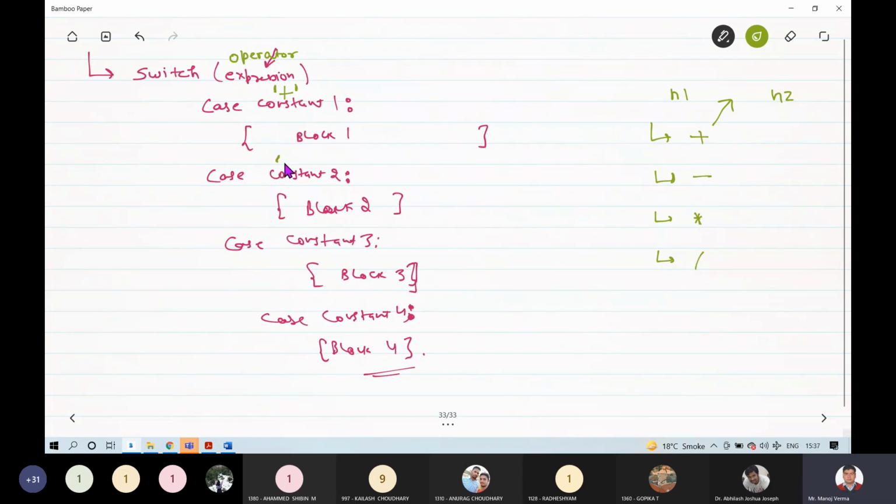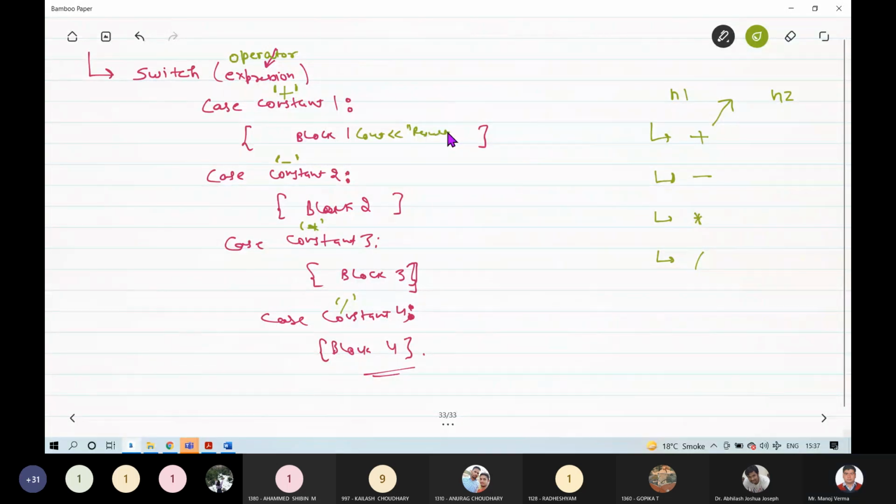Case 2, let's say the condition is true, subtract these numbers. Case 3 is the multiplication of these numbers. Case 4 is the division of these numbers, right? And in these blocks, I will simply take the output Cout.